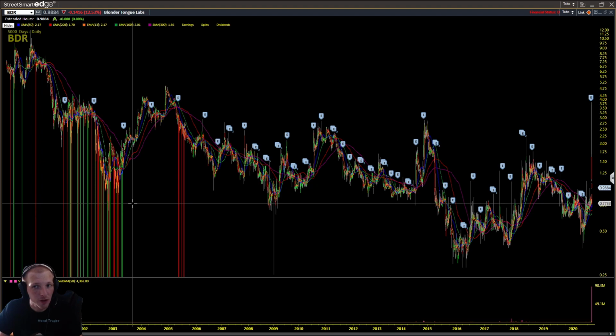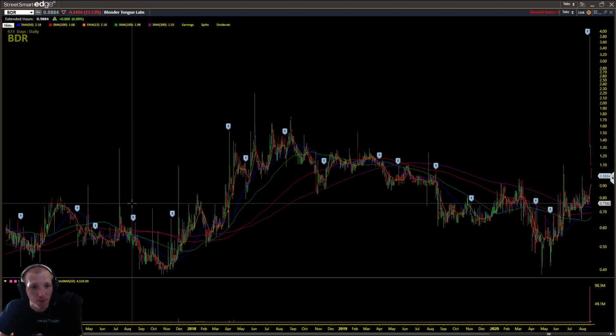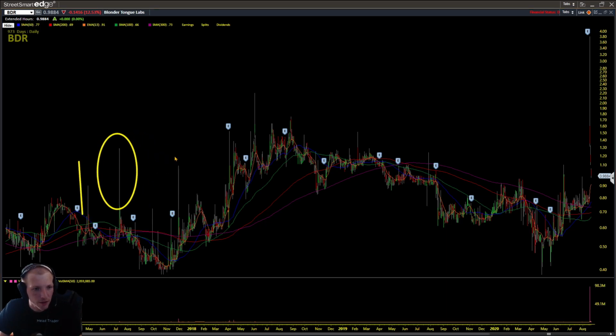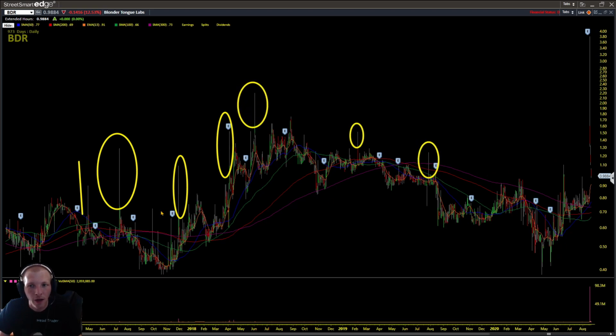They've probably done so many reverse splits. They take profit. Look at all these wicks right here on the daily. All these wicks. That's telling me that this stock has a history of not holding its gains. So if the stock spikes, which it did recently right here, look at history repeats itself with all of the top upper wicks. The stock has a history of spiking, but it also has a history of not holding its gains. So as a day trader, that tells me with these long upper wicks that the stock loves to spike, but then it loves to give it all back.